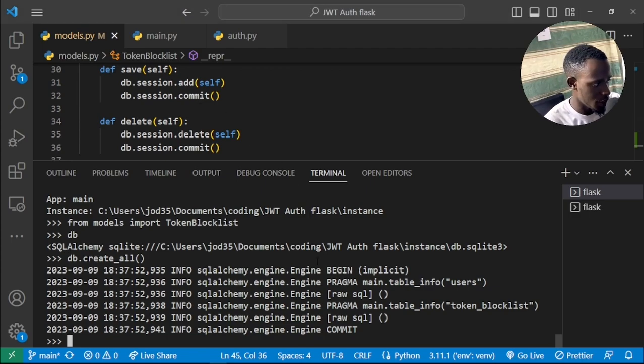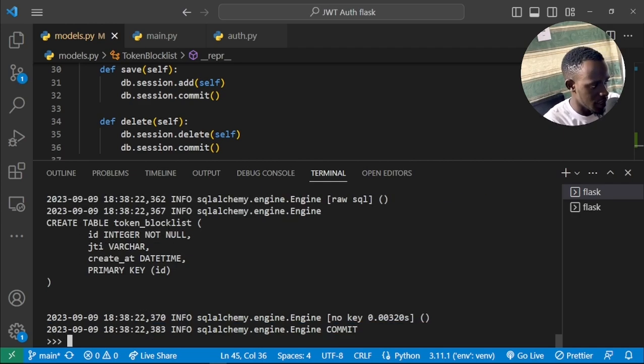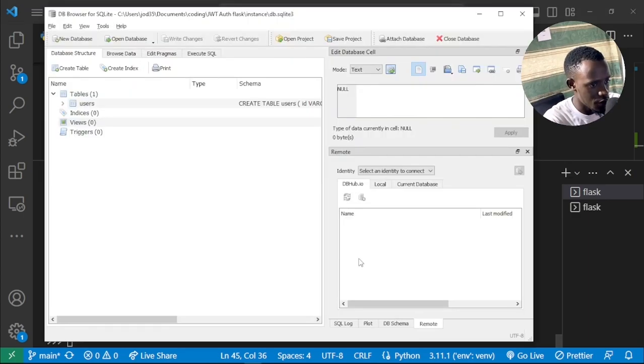Let me try to recreate the database once again with db.create_all. And now I think this will create our database. So if you go right here and we try to refresh, we shall now see that our token block list